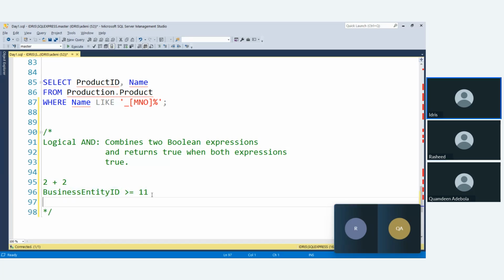So now let's talk about Boolean expressions. A Boolean expression is an expression that... or let's talk about Boolean first. Okay, so Boolean is a